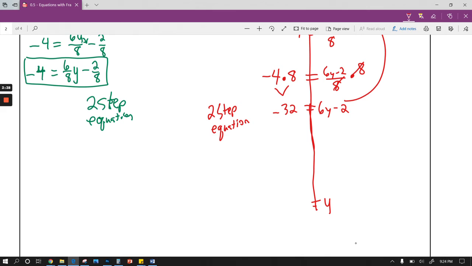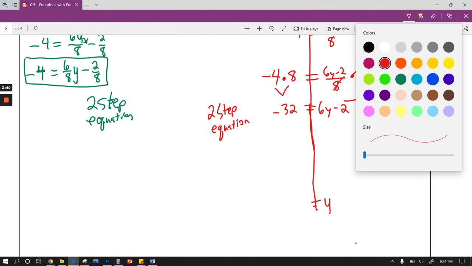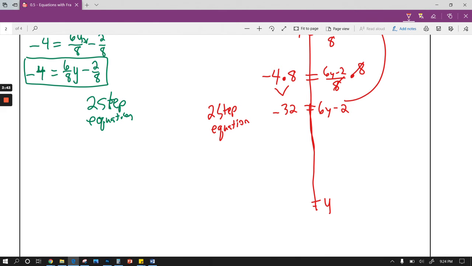And to do that, our first step is to make our constant equal 0. So we're going to do that by using the inverse operation. The opposite of subtracting 2 is adding 2. So we've got 6y minus 2 plus 2. Then we're going to add 2 to the other side. -32 plus 2 is equal to